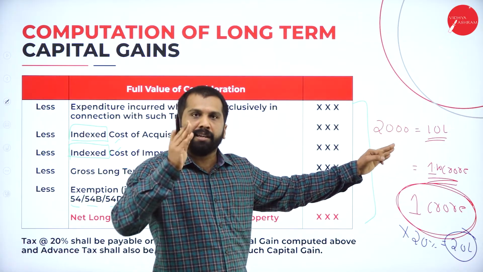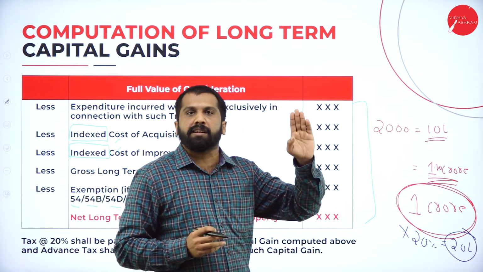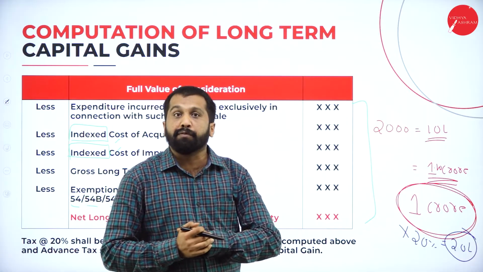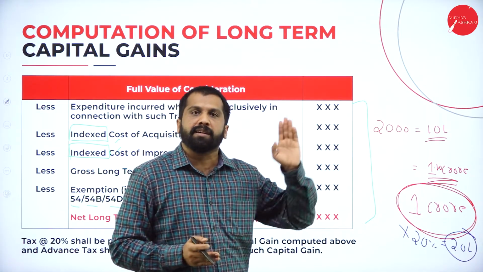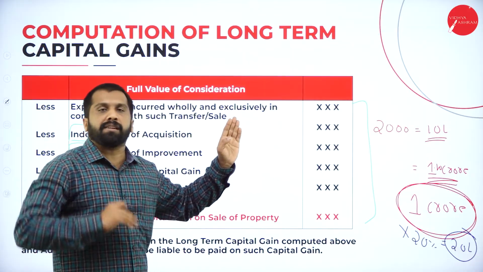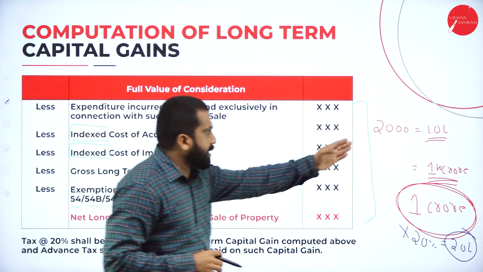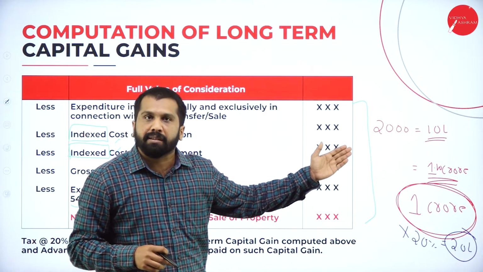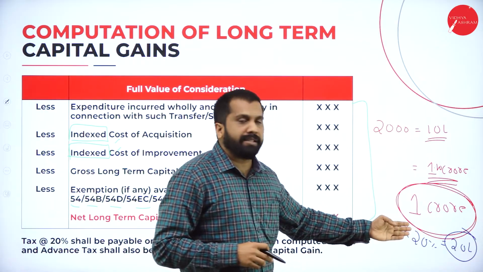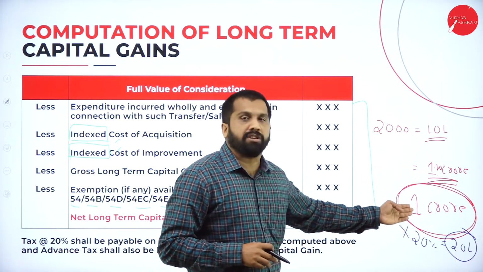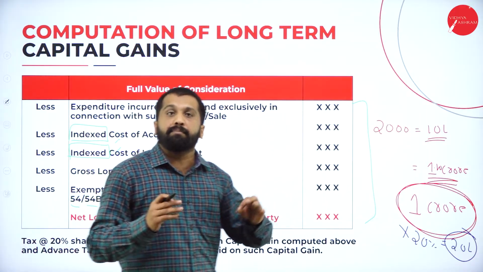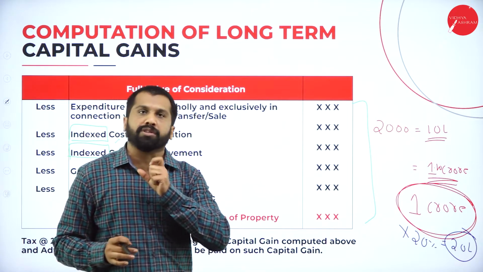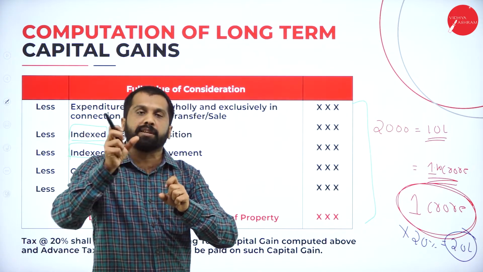Hope you are clear. Like your father or parents were earning 500 rupees or 1000 rupees per month salary 30 years back. Now they are earning around 50,000. Both are the same only. Why? Because the money value was less 30 years back. Now the money value, the 10 lakh worth, is around 70 to 80 lakhs now. Clear? Why should you pay 20 lakhs tax? Why should you consider 1 crore as your profit? That is the reason: because of changes in money value, the government has given indexation cost.